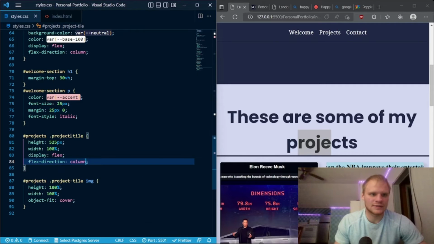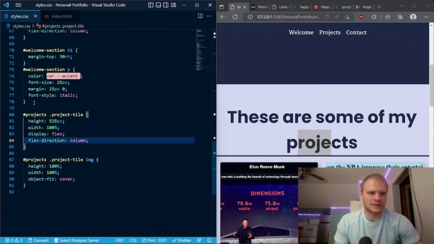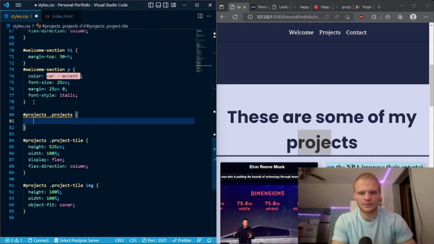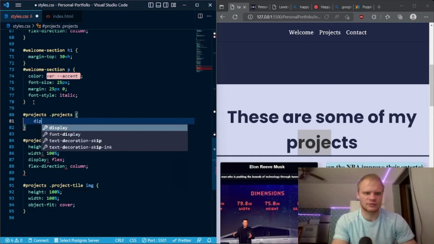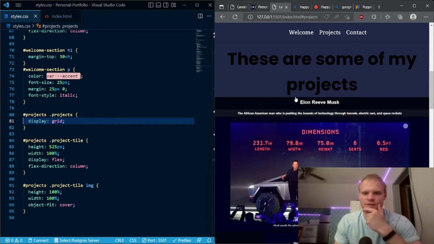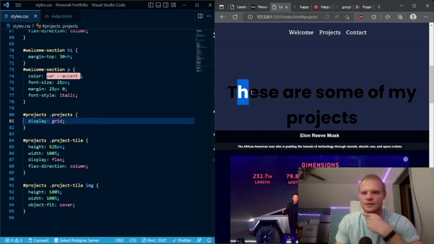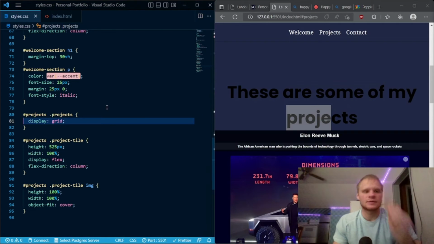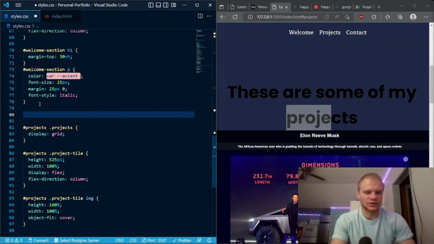All right, and then inside styles.css, we can grab that. So we're going to go hashtag projects dot projects. So that will grab all of our projects. And then we need to do display grid on that. Display grid. And then let's see what it looks like. Okay, so there's our header. It has to be white as well. So let's do that. So that we can grab with hashtag projects h1,